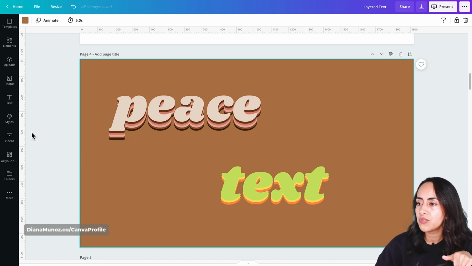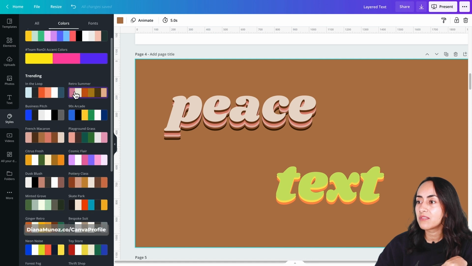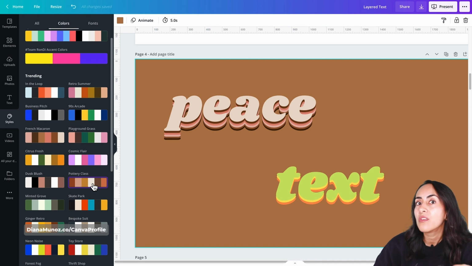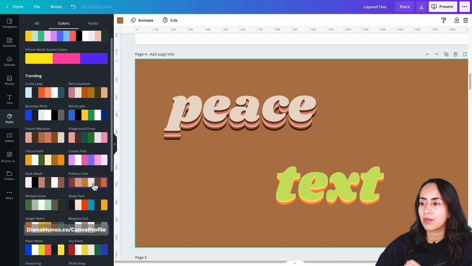So the trick is to go to this menu and use styles. You're going to click here and then go to colors. Once you are there, you can play around with these color palettes and click on each of the color palettes more than one time so you can see different color combinations.